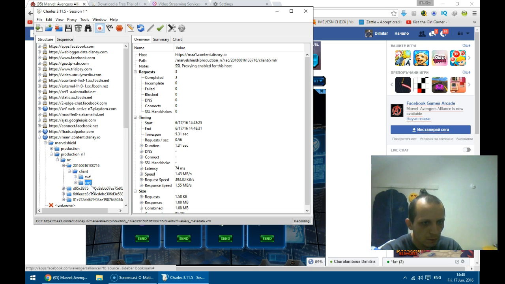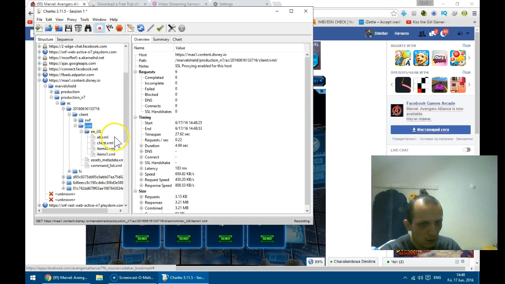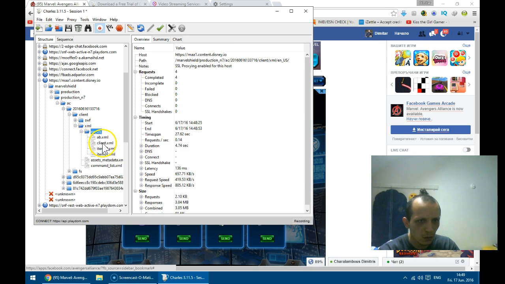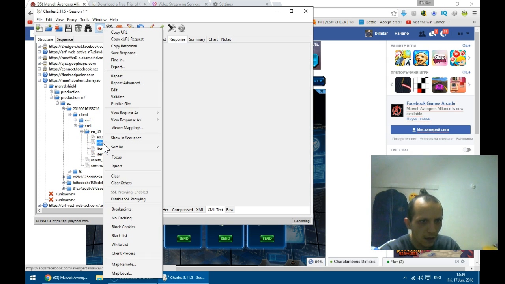XML. Today, English US, that's the language of my Marvel, the one that I chose, and here it is, client XML. Huge file, huge file. Now, since I don't really need that file to save a response,